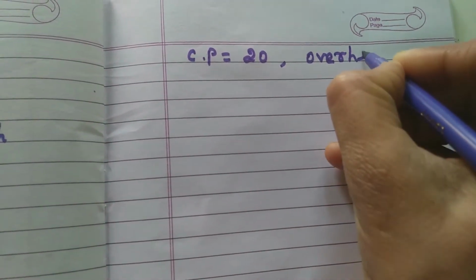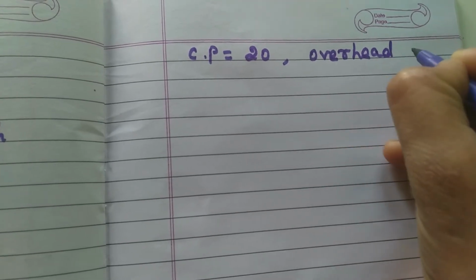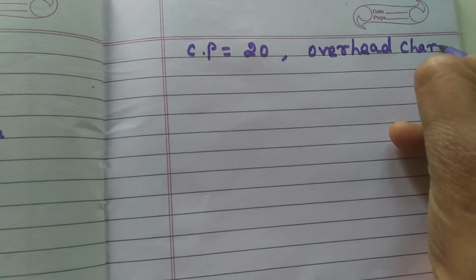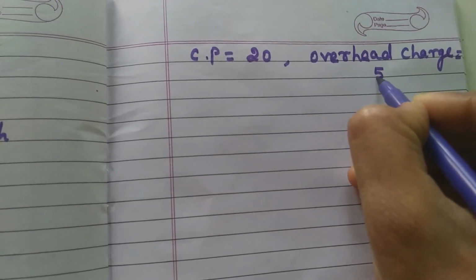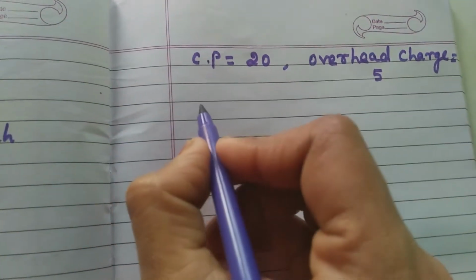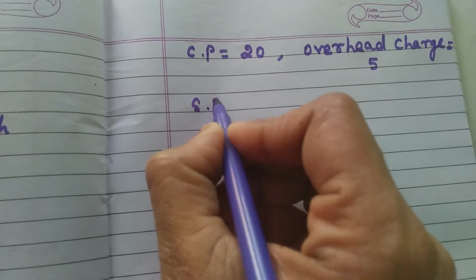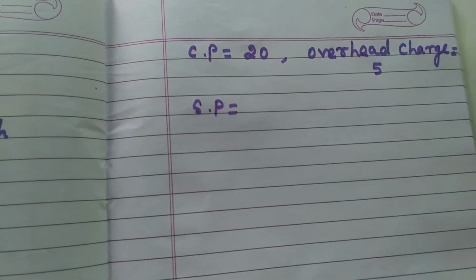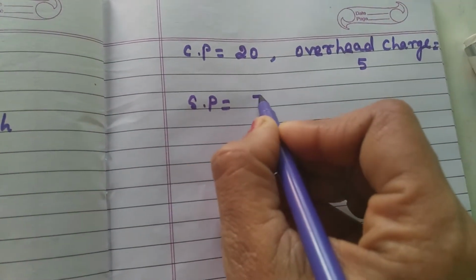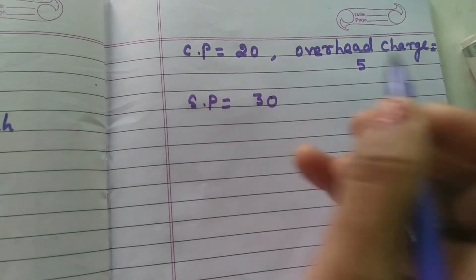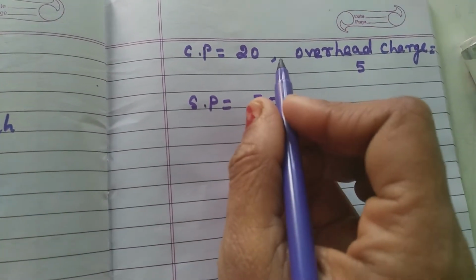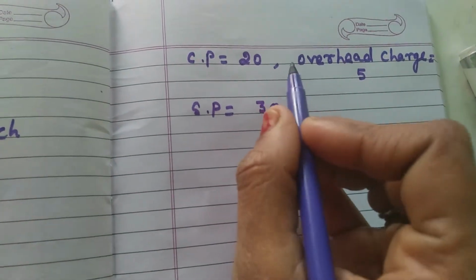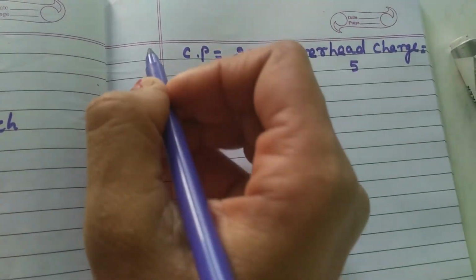Overhead charge, I am adding here 5 rupees. Okay. And SP means at which cost I am going to sell this marker. I am selling at 30 rupees. Now tell me what is happening here, profit or loss? So for this condition you will do